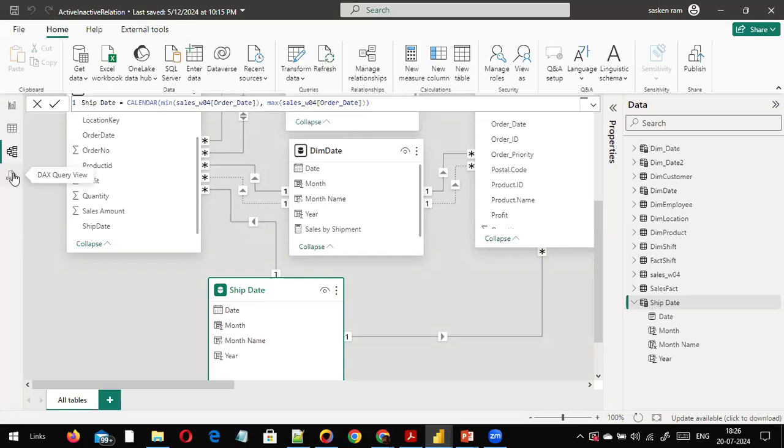But the disadvantage here is you will end up having so many tables. Having so many tables will lead to some kind of maintenance overhead. You need to back up all the tables. Okay, and so that is one issue. But with the inactive relationship, yeah, you have to use the built-in function. You need to create a separate measure to do that. Okay, that is the only way out. And the other